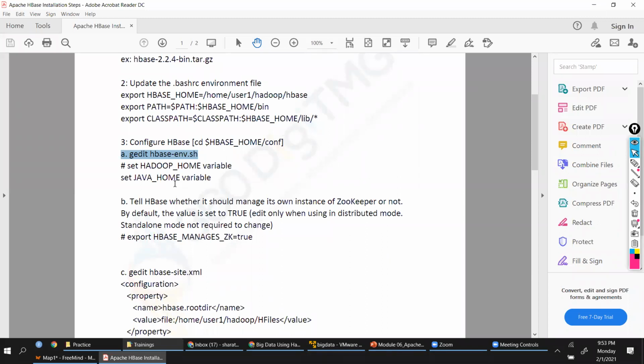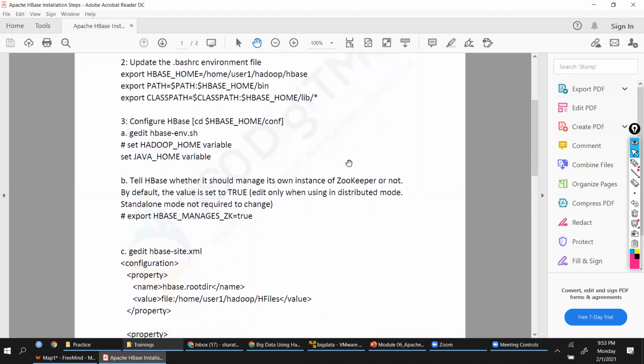Okay, sir. With version upgrades, we are not sure, because they might automatically pull in the Java installation that we are doing. So we don't know unless we see. But what we are saying is we have to basically define these 2 points in your HBase environment, because it has to work on Hadoop, right? But this Hadoop home is commented out here, sir. So do we need to uncomment it also there, because you see it's hashtag?